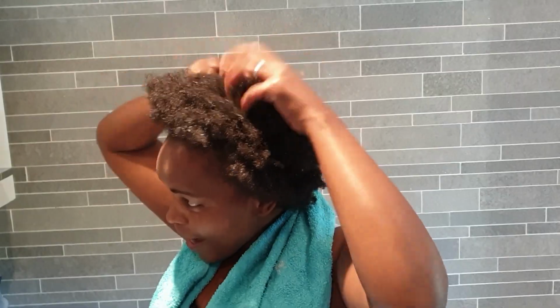Oh, I'm so happy. I'm going now to style my hair using the Eco gel. This one, it's quite massive. I like it, and I'm just going to have a ponytail. I've been using it. It's very nice, and